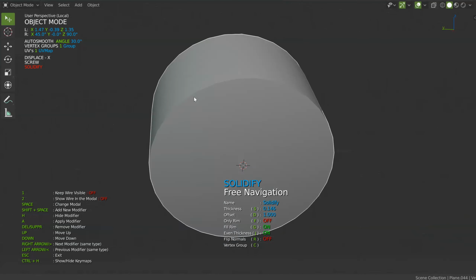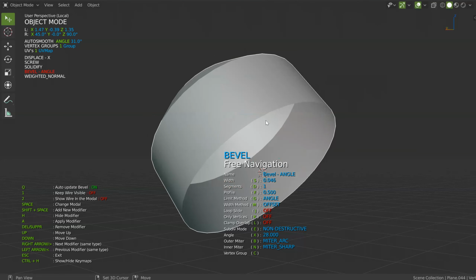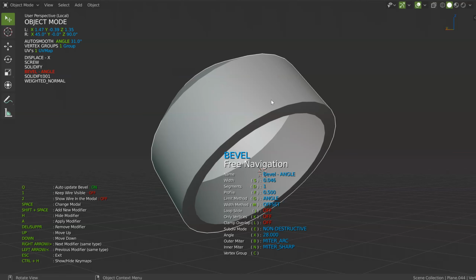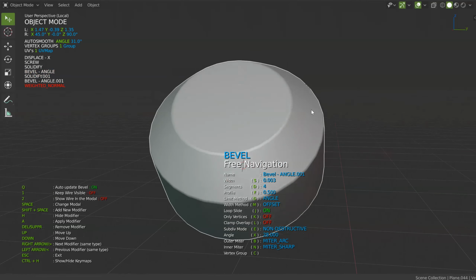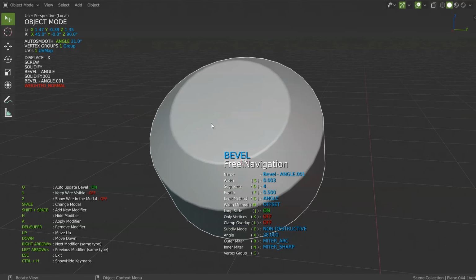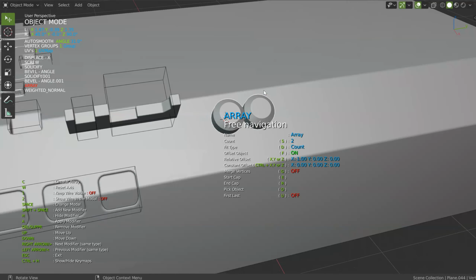In fact, look, boom. I will press F. I will add a bevel. I will do this. I will come back on the solidify, add a new one. Come back on the bevel, add a new one. And I created this really fast. And I made this because when you create an object, you don't want the inside face. You don't need the inside face. So just like that, you have something clean, and you can exit. And on this one, you can add an array like that, etc.